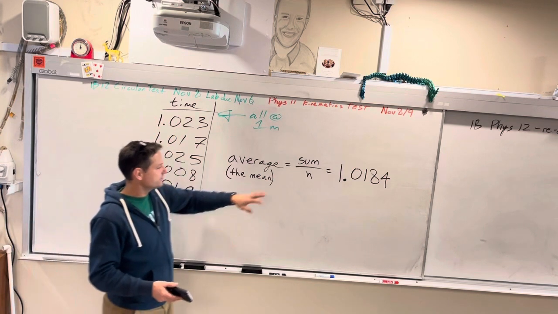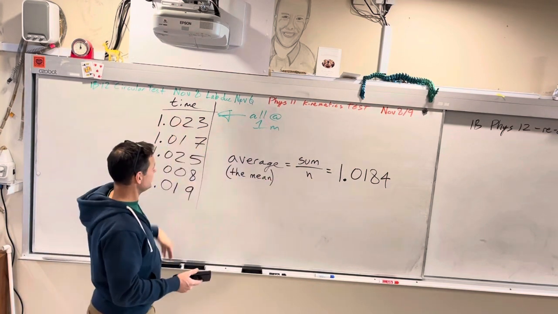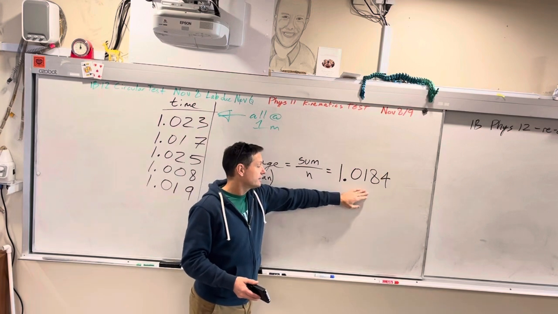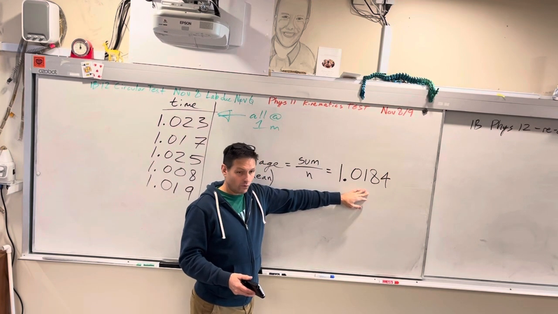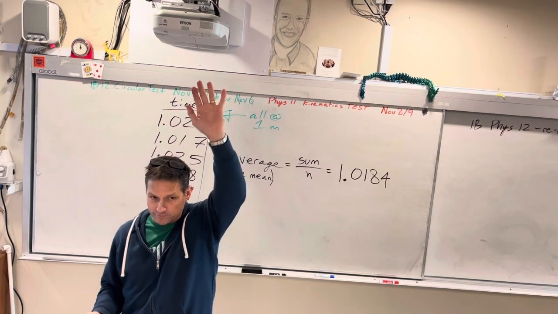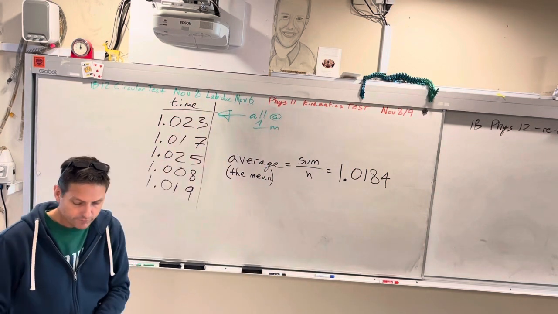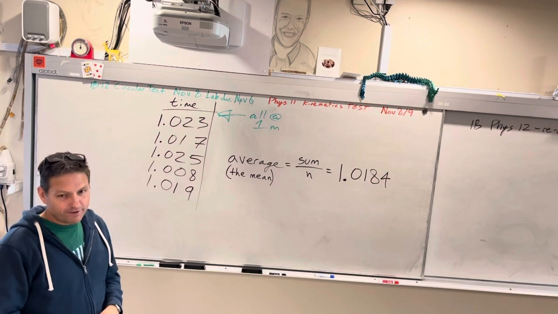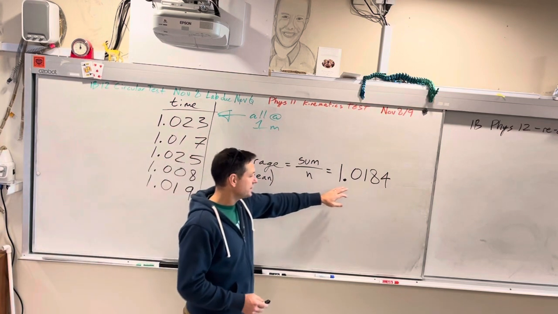You take the average, so you take the sum and you divide it by the number. So in this case, 5. And Juder got 1.0184. And I got the same. How many other of you got the same? Okay, so it sounds like we're good. That's fine. Now you can use this value,